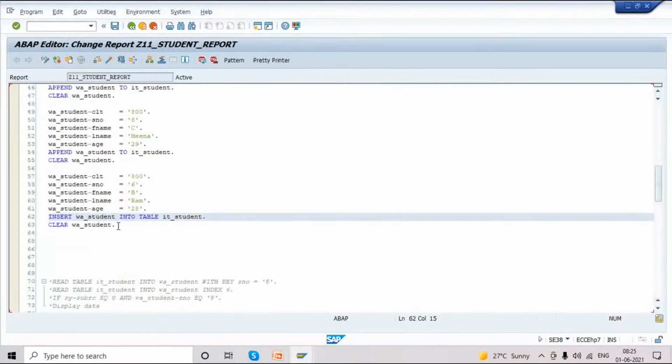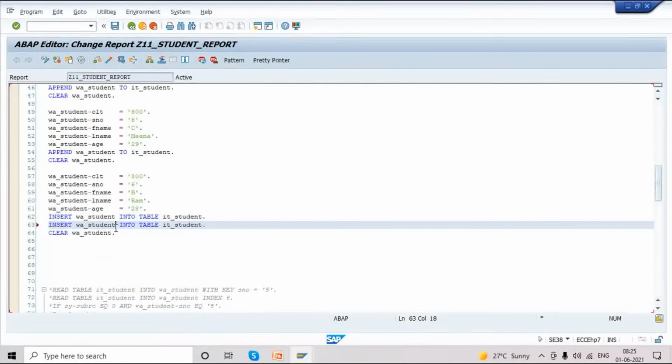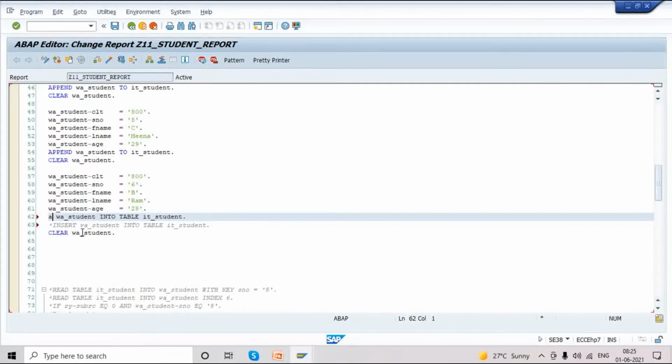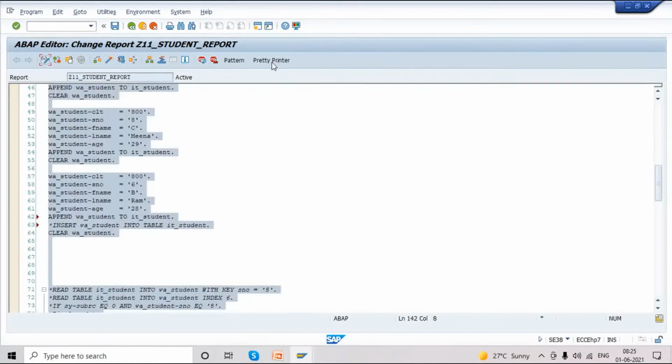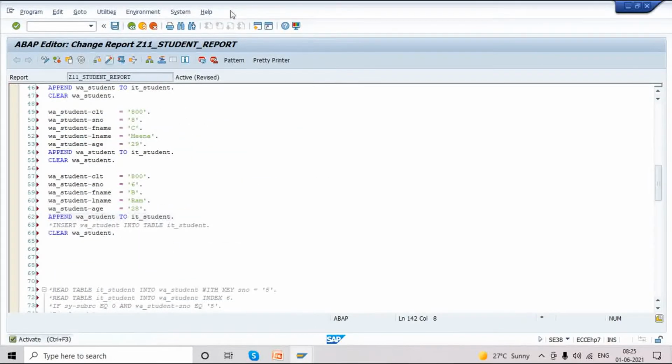Okay, we have one more insert. Here also we need to use append. So insert will not be supported for sorted table.